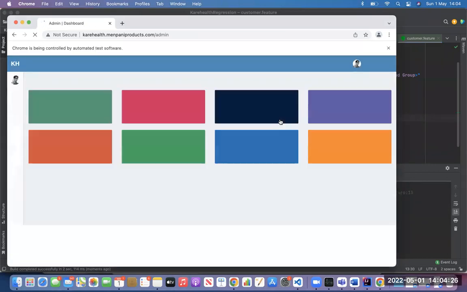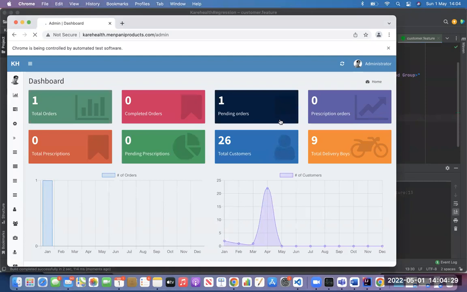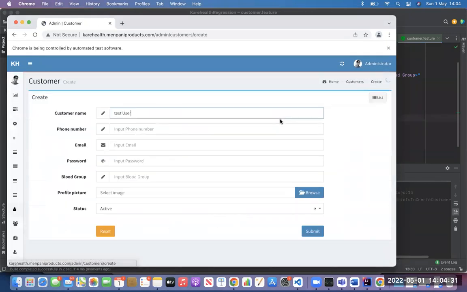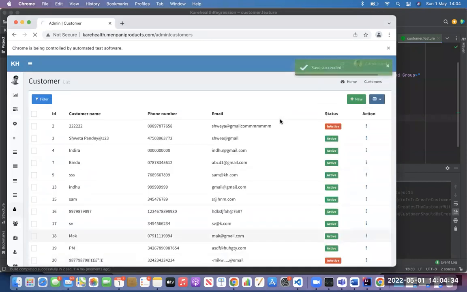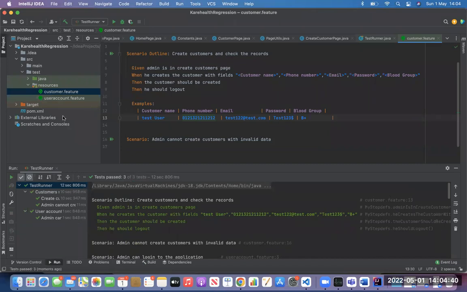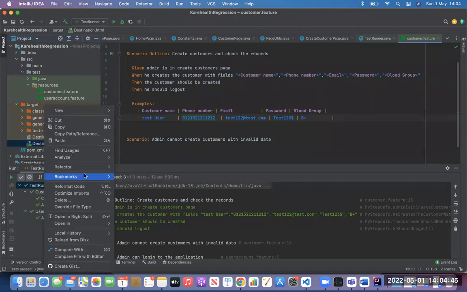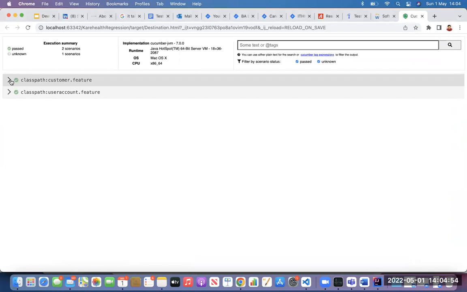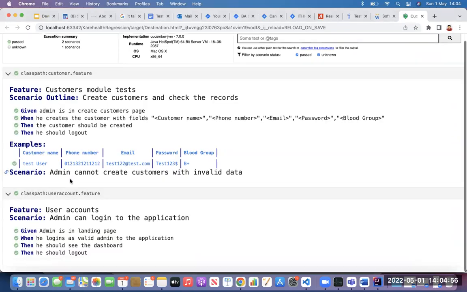Python? Selenium, maybe. Yes, it is Selenium. That's exactly what Selenium is about. The ghost who is entering the data is called Selenium. That's it. See, this is the ghost, and that ghost is giving a beautiful report to us. That ghost is technically called Selenium. And see here how nicely, this is Cucumber. We write the tests in this format and the reports will be in this format.